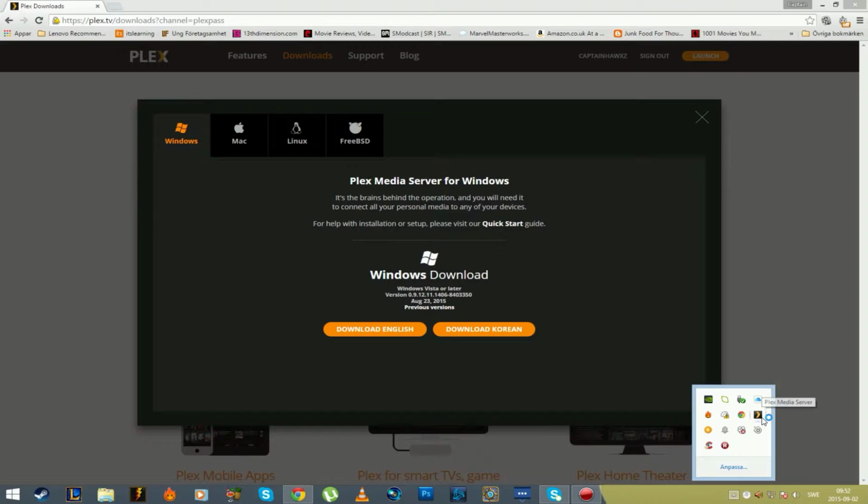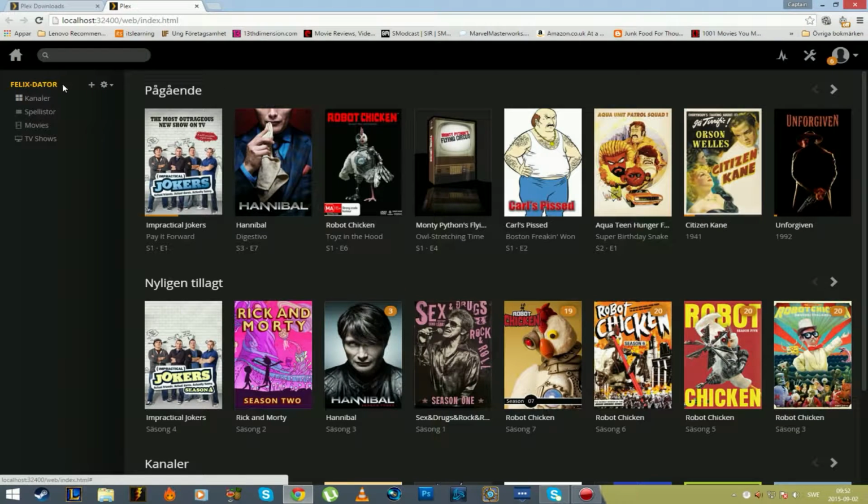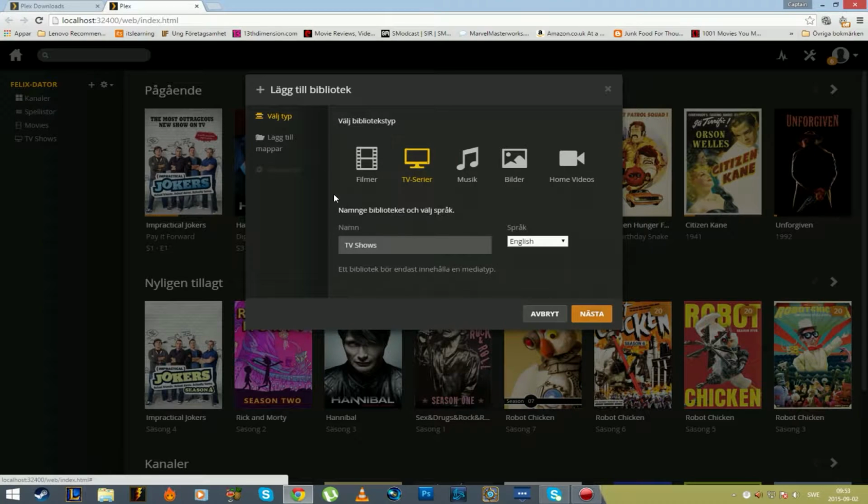So as you can see, I have my Plex media server icon here. If we just double click this, you can see it would automatically go to my computer here. There will be options here if you want to choose, for example, movies, TV series, music, pictures, or home videos. If you choose, for example, TV series, it would automatically adjust to just TV shows and nothing else. If you have a movie and you put it in the TV shows, forget about it. It will not